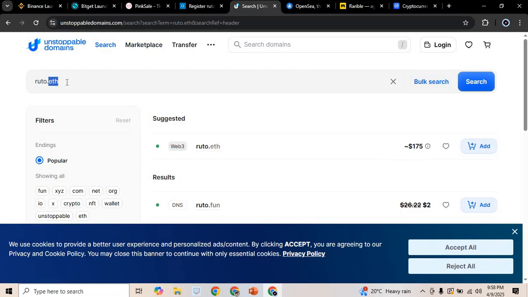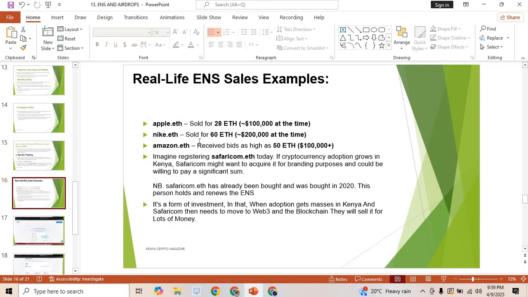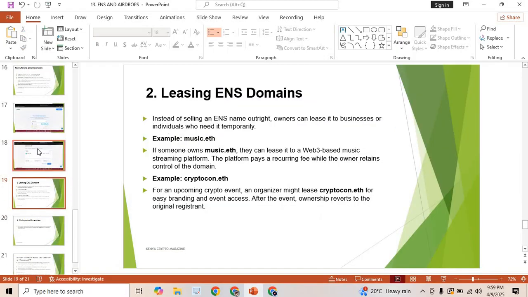So let's look at, someone has mentioned Trump. Trump is pro crypto. I'm very sure this one is already owned by someone, or he owns it himself already. Trump.eth. Let's see. Taken. Already taken. Even I'm sure Elon.eth is already taken. So if you can use it as a form of investment, when adoption finally becomes unstoppable, they look for you and try to get those domain names.